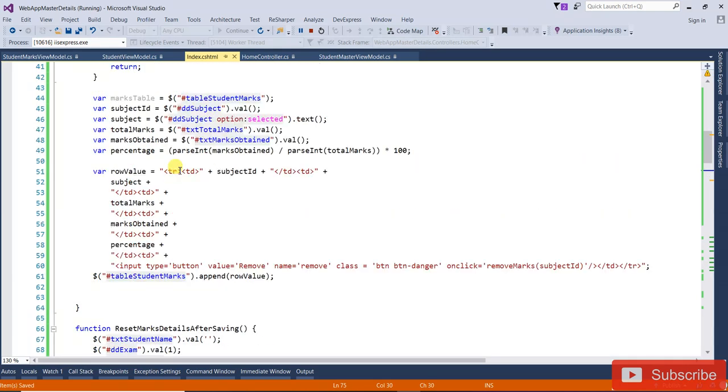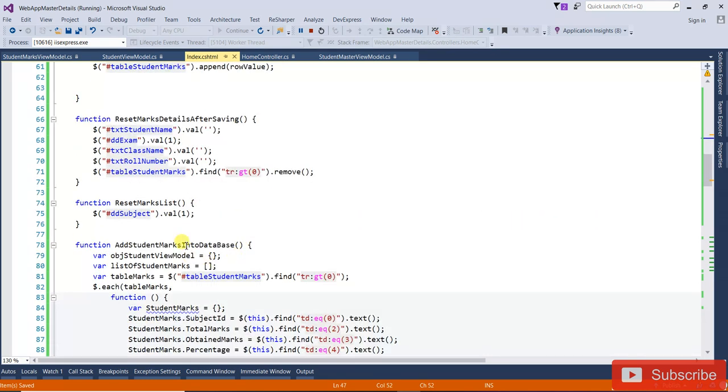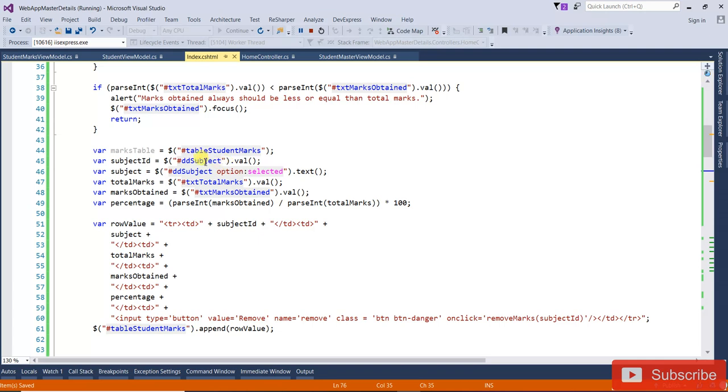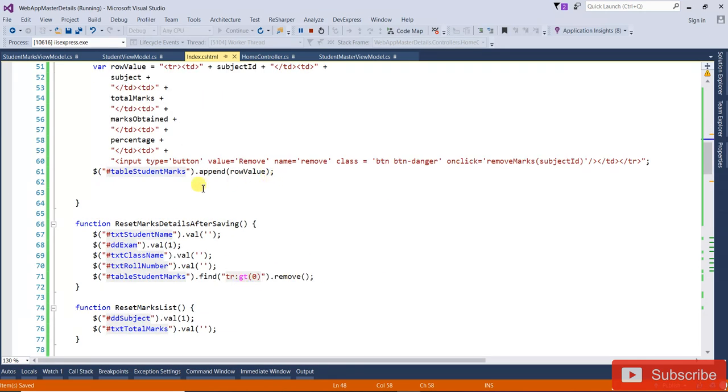First you are going to select the subject. Next you are selecting the total marks, so it will be blank. After total marks, what you are adding is the marks obtained. So I'm going to add the marks obtained here, and make this one reset. This reset marks I'm going to call here also,